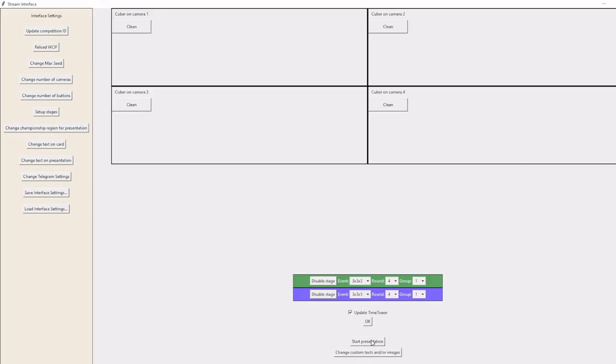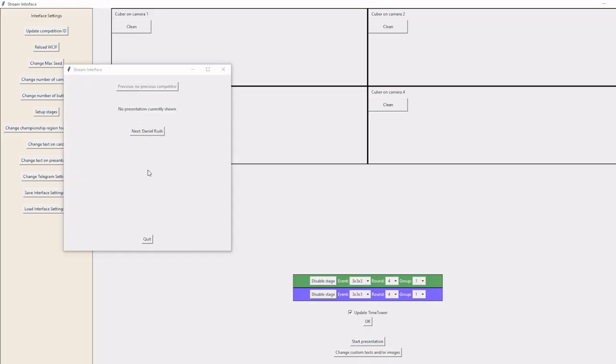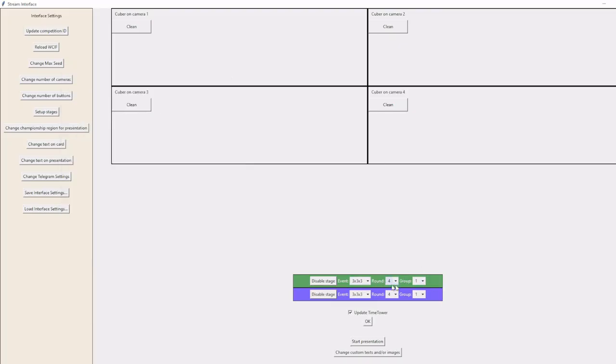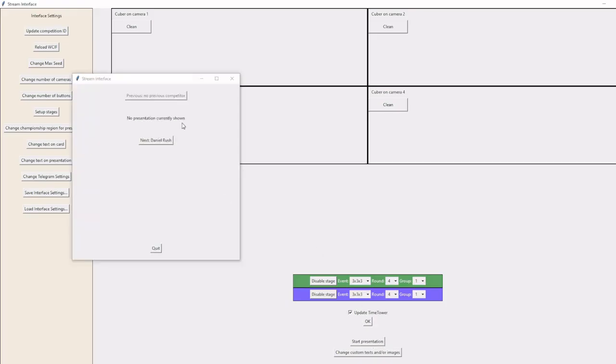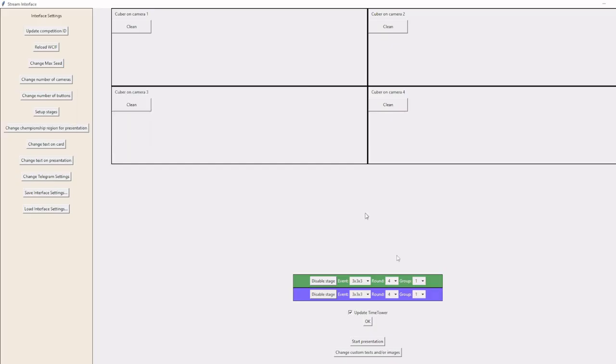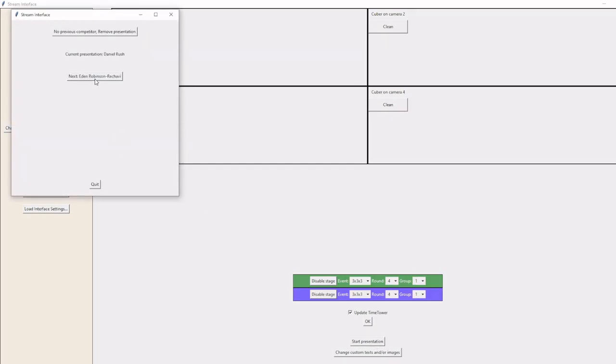And then we had the presentation mode, as I said. So this is the 3x3 finals, round 4. Here, if I do start presentation, we first don't have anyone yet, and then when I click on next, the current competitor, so Daniel Rush, was the last. It was the only non-European, because remember we put European in the championship region. So Daniel Rush was the